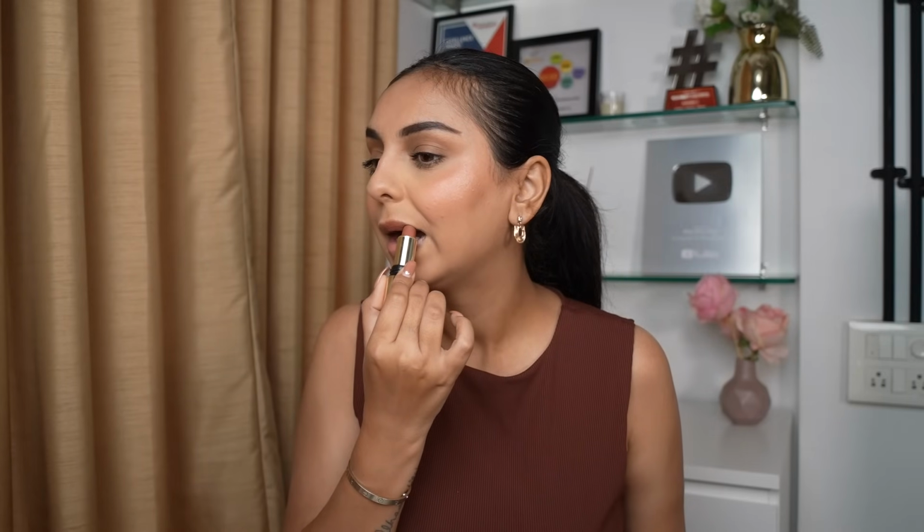Here goes. Oh wait, I was about to start applying it. I need to try this again. One second. My hand is in the exact same spot, huh? Even I'm surprised. But then see, the corners are left. I don't know how much further I can push my lips, so I'm just going to do the corners. I don't think I can sustainably do this as a routine. It's not making my life simpler in any way. Is it a cool, gimmicky thing to show on camera? Sure, but...